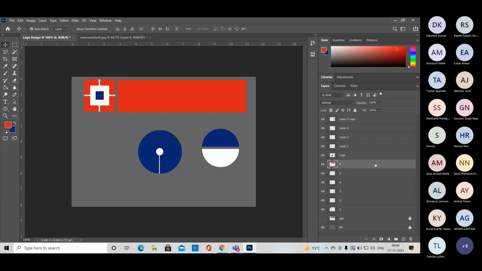And in today's session we covered the transformation tools. Control T is a shortcut, so you need to understand that you can do scaling with the help of transformation tool. Layers, foreground and background colors, how we switch the foreground or background color, background to foreground or foreground to background. So with the help of X we can do it, right? So when we press X, we can switch the foreground to background and background to foreground. Is it okay?